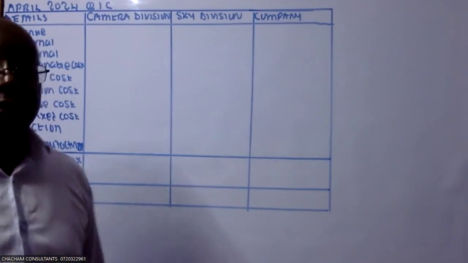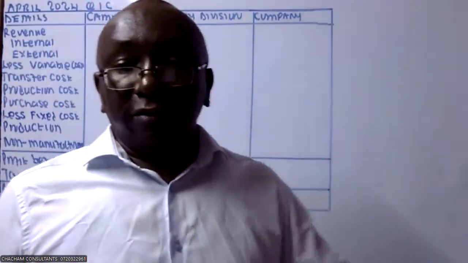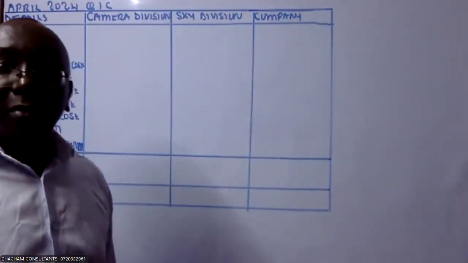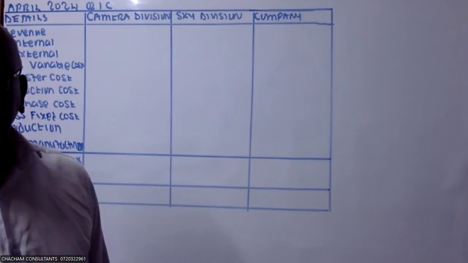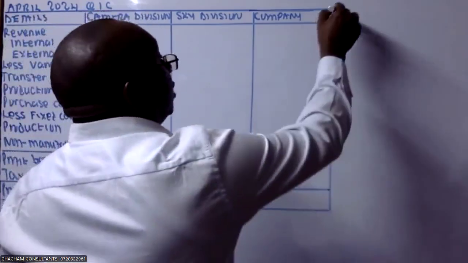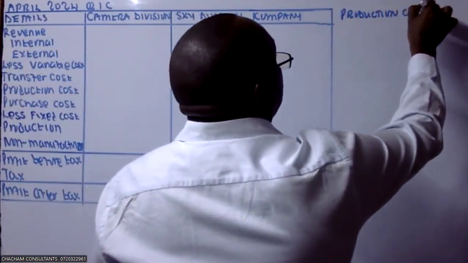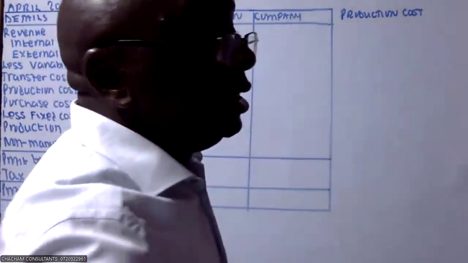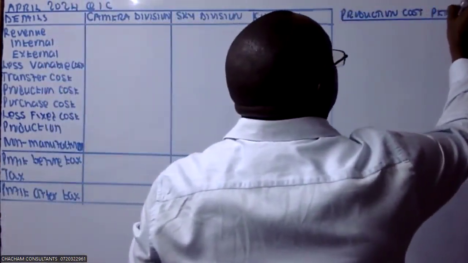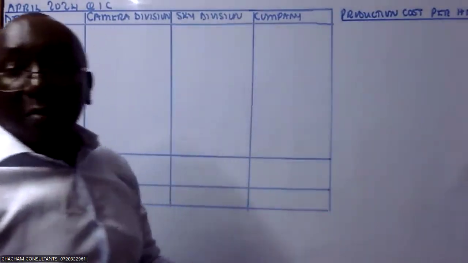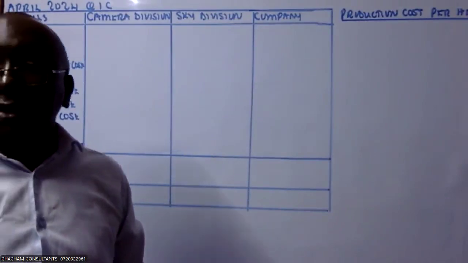So the workings, if I follow the additional information first, information number one says the production cost per HD camera is 60% variable. So production cost per HD camera,